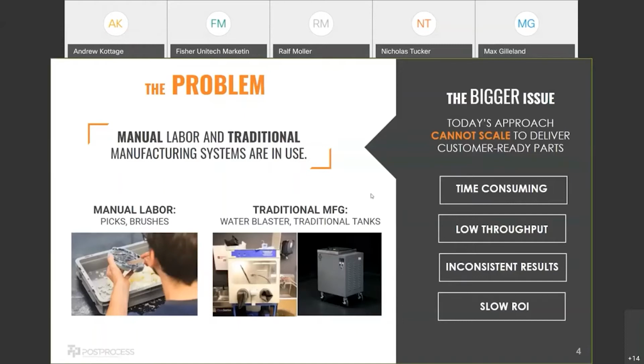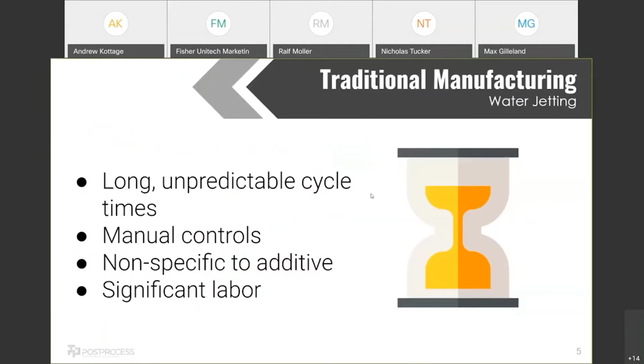So if we break these down just a little bit more, the traditional manufacturing, so if we think about water jetting, something that, again, was never really designed for additive per se, and even some that are geared towards additive, they have certain limitations. Some of those limitations might be long and unpredictable cycle times. You have different users that try to use this equipment. User A might not give you the same results as user B, and that can be challenging. It's almost a little bit of a skill that has to develop there, and that can be hard to scale and get the right people in the door that can do that process